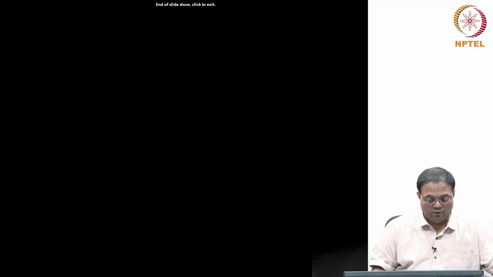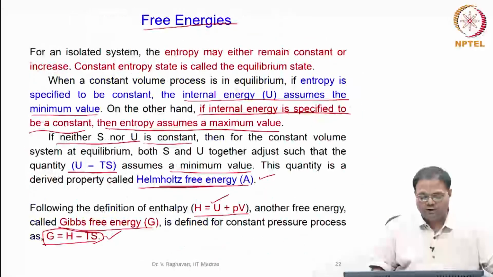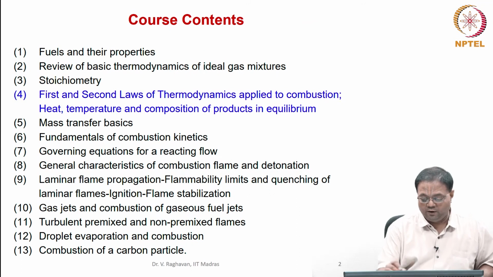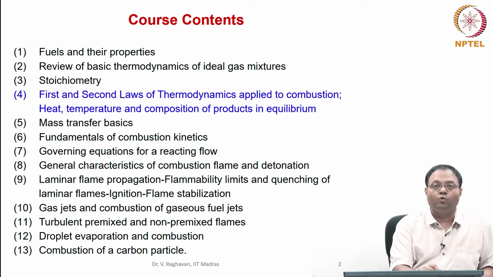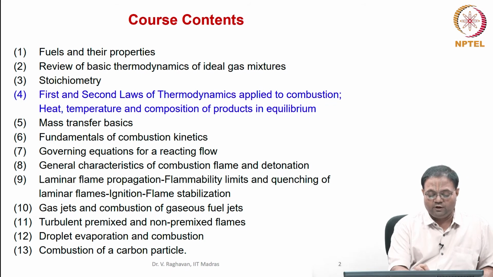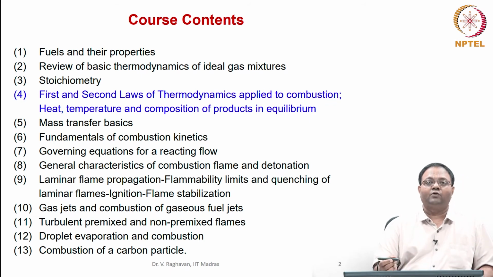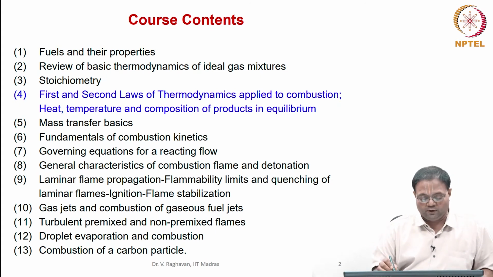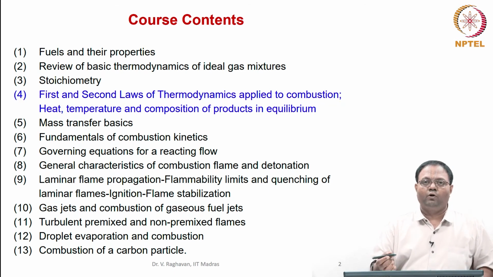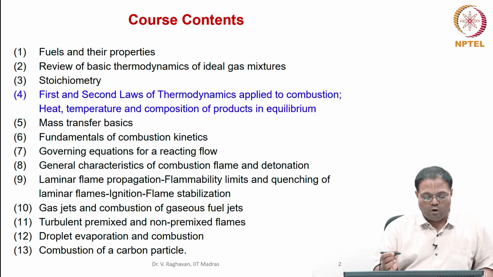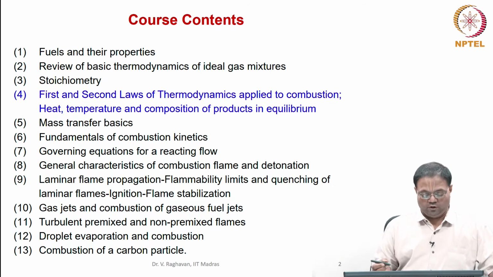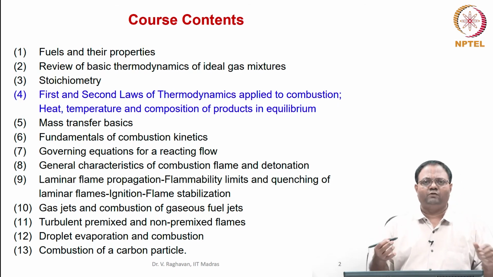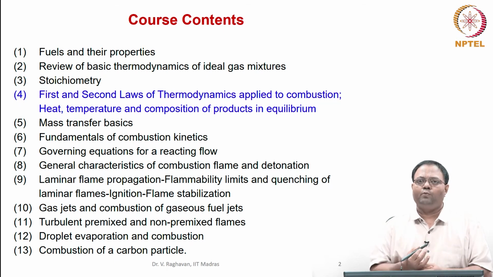Okay, so this is the completion of this particular topic. In this section, we have seen how to calculate heat and the adiabatic flame temperature iteratively. Heat calculation requires enthalpy calculations of individual species, absolute enthalpy, then calculate the reactant enthalpy and the product enthalpy, and apply the first law. For a constant volume process, the heat of reaction is UP minus UR, and if it is a constant pressure process, HP minus HR is the heat of reaction. Then you calculate the flame temperature based upon some iterative procedure, but for which you need the composition of the products.